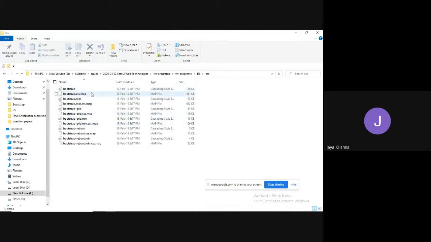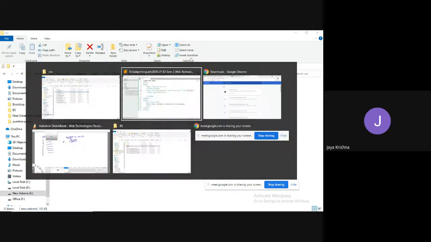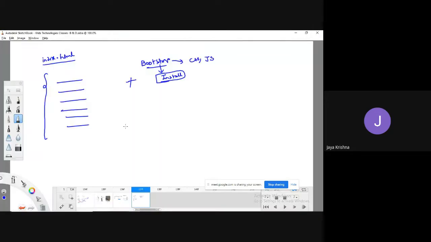Generally we can link with this bootstrap.css file, or we can go with bootstrap.min.css. Min means minified.